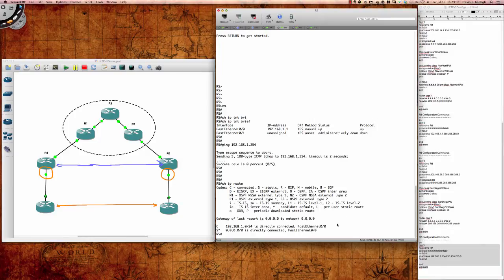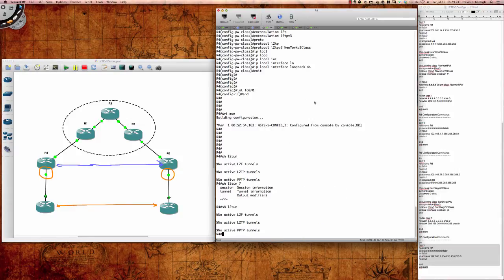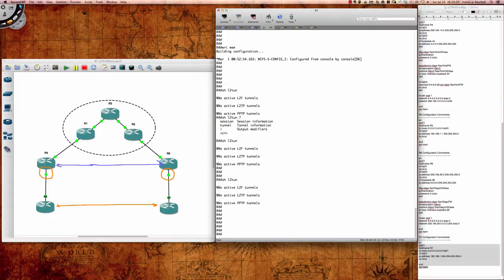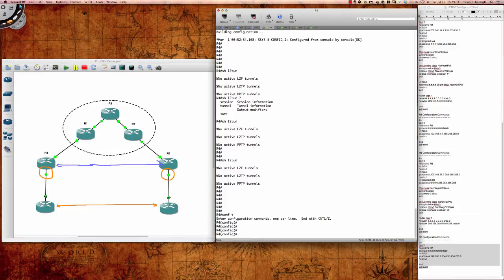Okay, so this is really going to be the end of the tutorial here. We're now going to go ahead and set up the final phase, which is going to be the xconnect statements on routers R4 and R6 on these interfaces right here. Okay, so let's do R4 first. Again, let's show, still no tunnels, right? No tunnels are active. So we'll go into global config mode, and on R4,